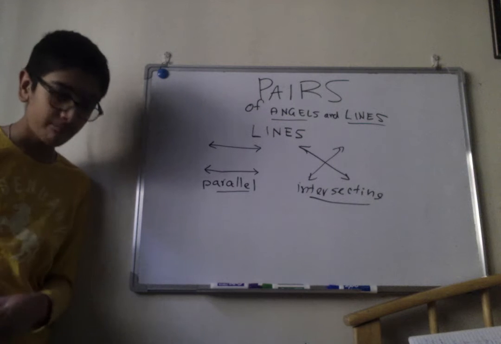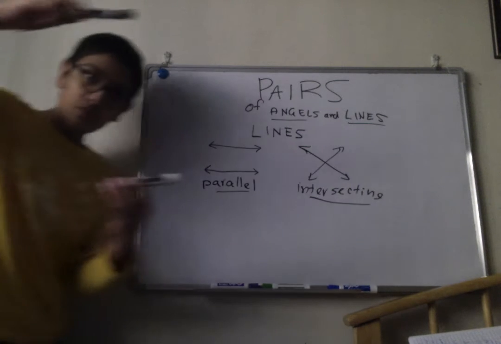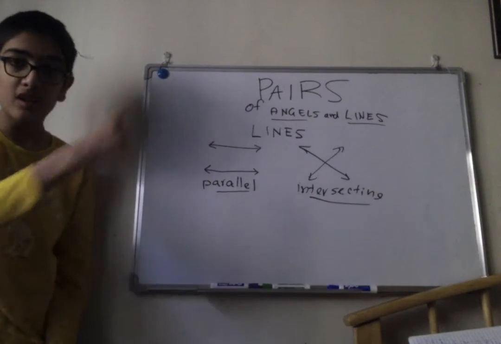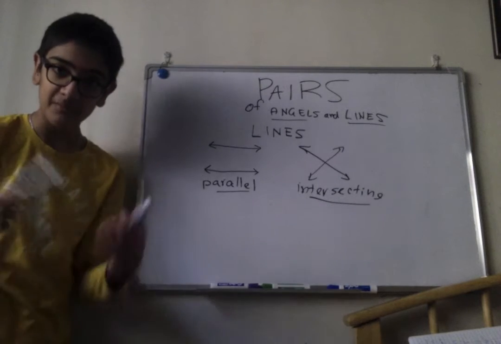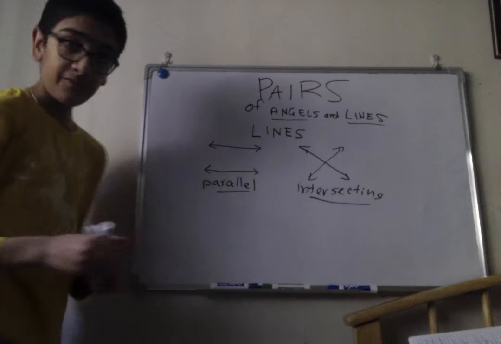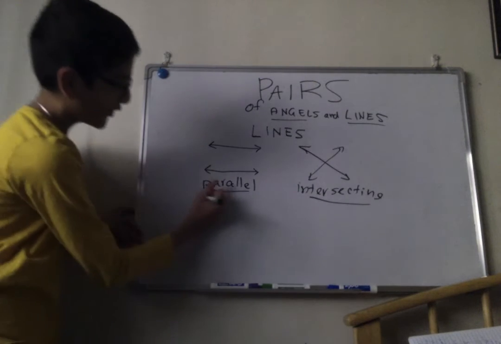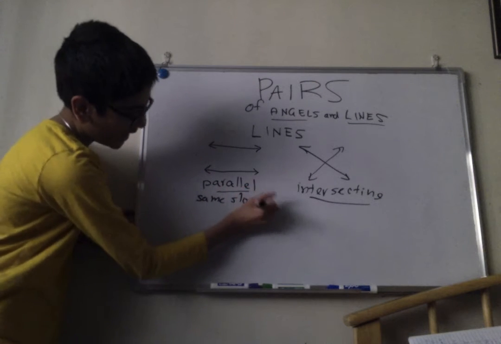So, parallel lines never touch. It's like this marker and this marker that I'm going to zoom across the screen. They are never going to touch. Even if they go across the earth and hit my face, they're not going to touch. Ever. Because they're parallel. One important thing, if you know much about the coordinate plane, is that parallel lines have the same slope. Because if they had any other slope,